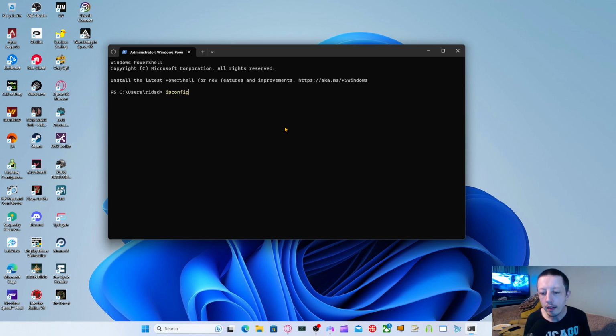But if you go in there, the two things you want to look for are your IPv4 address and the one that comes under default gateway. The IPv4 address is what gets assigned by your router to your PC, your device. And the default gateway is generally your router that you use to log in, which could be, like mine is